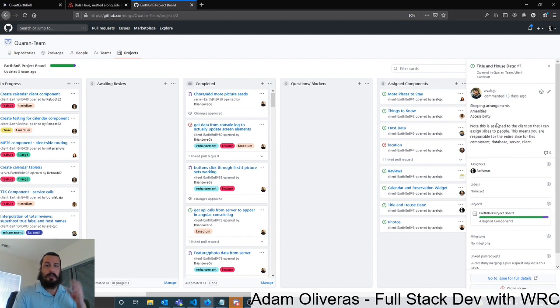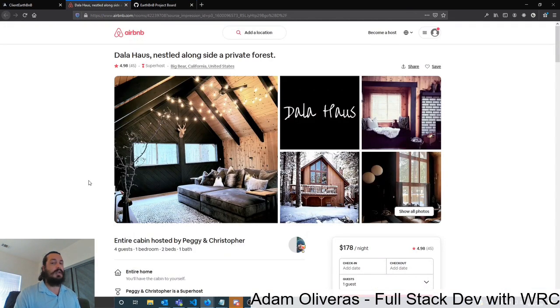It actually ends up being quite a bit of the page, but each of the components aren't too difficult to make. It's basically just pulling some information from a table in the back end and aggregating those to certain sections of the page. So I'm responsible for the title at the top of the page as well as the sleeping arrangements, amenities, and accessibility. So if I pull up the Airbnb page that we are mimicking, we'll see here that it